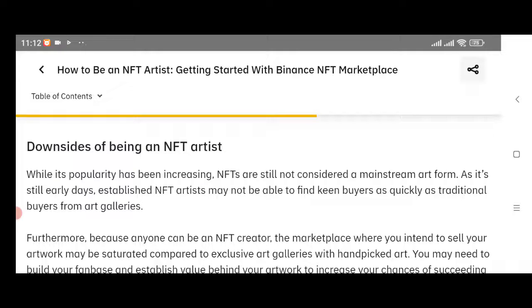Downsides of being an NFT artist. While its popularity has been increasing, NFTs are still not considered a mainstream art form. As it's still early days, established NFT artists may not be able to find keen buyers as quickly as traditional buyers from art galleries. Furthermore,